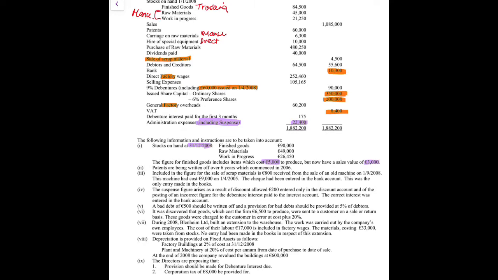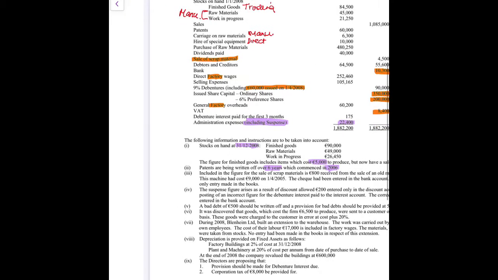Next, you have patents are being written off over 6 years, which commenced in 2006. Okay, 6 years, but the 6 years commenced in 2006. We're doing our accounts for 2008. Okay, so that means that they already have 2 years written off already. So they started writing it off in 2006. We're doing the accounts for 2008, which means they already wrote off for 2006 and 2007. So we only have 4 years left to